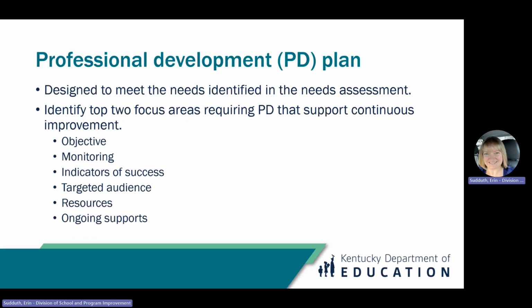Each school and district creates a professional development plan for the upcoming school year designed to meet the needs identified in the needs assessment. In this plan, the district and school identify the top 2 focus areas requiring professional development that support continuous improvement. And the following information is outlined for each identified focus area: objective, monitoring, indicators of success, targeted audience, resources, and ongoing supports. These indicators are supported by ESSA's definition of professional development,